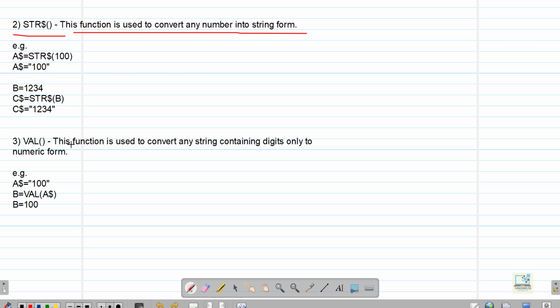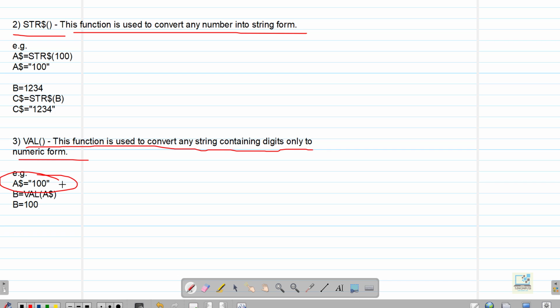Now what about the val function? It is just the opposite of str$. So basically the val function will convert any string which contains digits to numeric form. So if you have a string which contains only digits, then only this function will work and it will convert it back to numeric form. For example, I have this string A$ = "100". Now 100 is a number, but it's in string form, right?